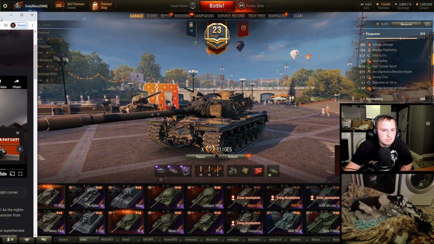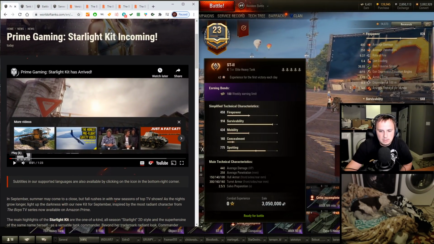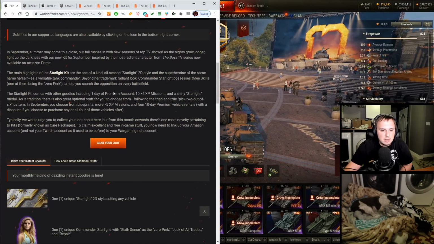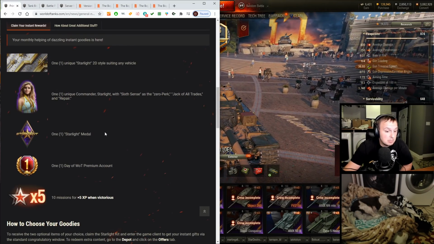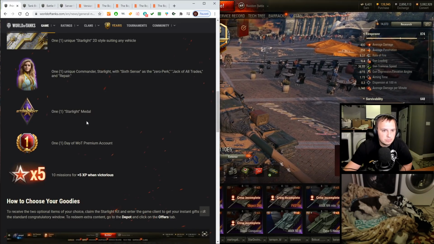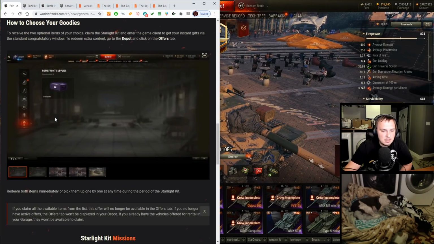Getting into things here though, most people probably have seen already, there's a new Twitch Prime package, the Starlight kit, because Wargaming has a partnership with Amazon, when it comes to some goodies like styles, crew members, all this and that. And on top of that,